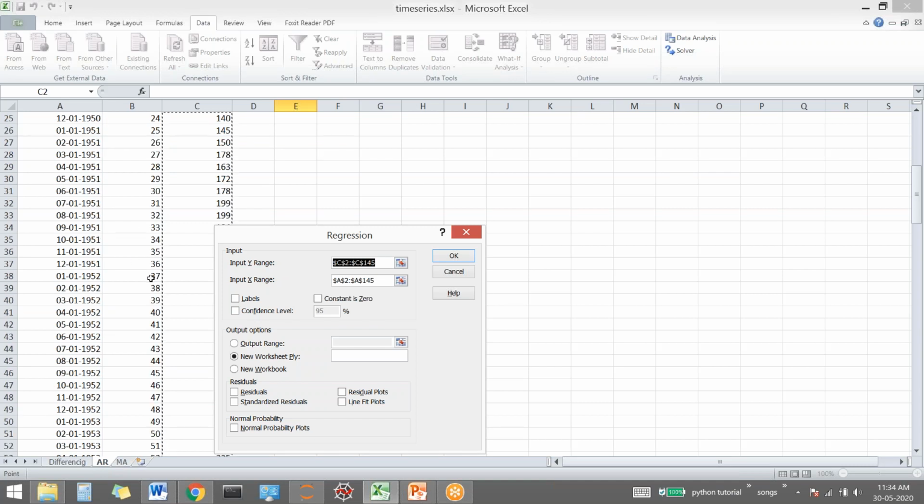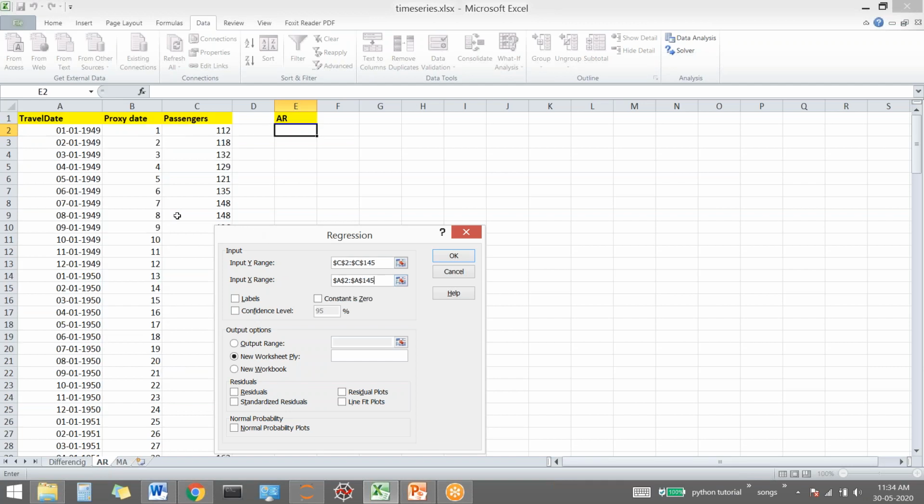See, with 50, I'm also increasing. Just as the year increases in our date, similarly I'm increasing this. As a predictor, because our feature in time series is the date and the target is the number of passengers, in the X variable I've considered this proxy date here. Let me remove this.